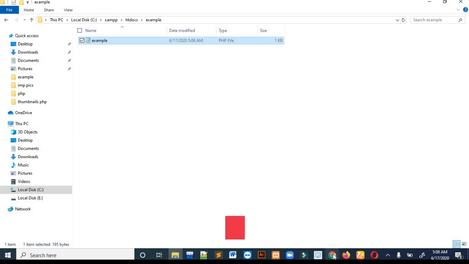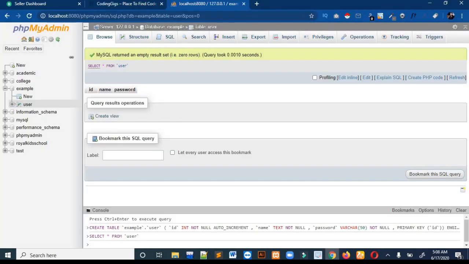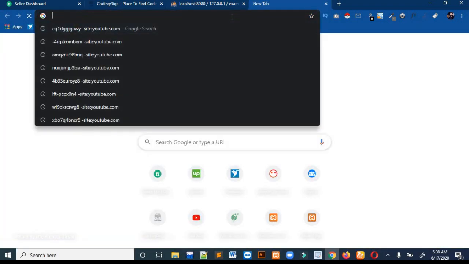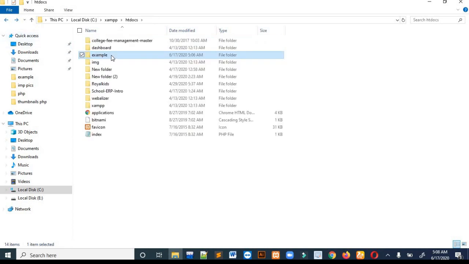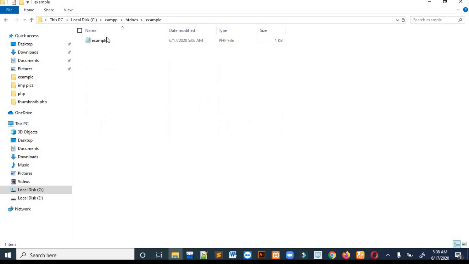So you have to open your browser, open a new tab and write localhost, then slash, then the folder name, which in my case is example. Then again slash, then the name of the file and then .php.